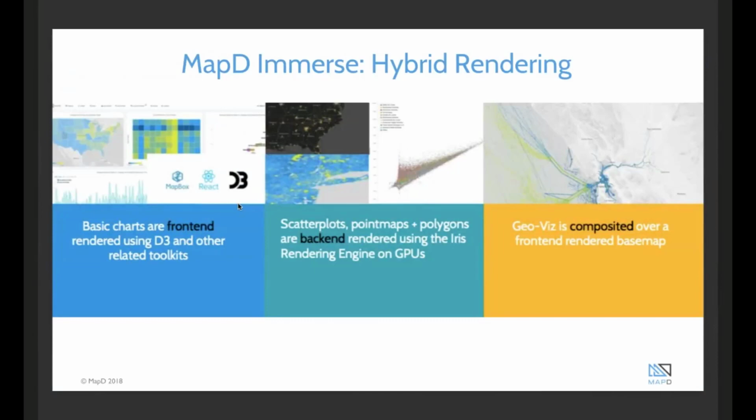Now, how do we do this? We are able to take in billions of rows of data and still render in milliseconds. The way we do that is using something called Vega's visualization specification language. We use that, and we send the query to the back end using the specification. Because the query results are residing on the GPU, we use the GPU to then render those complex images, whether it's point maps with polygons and things like that,